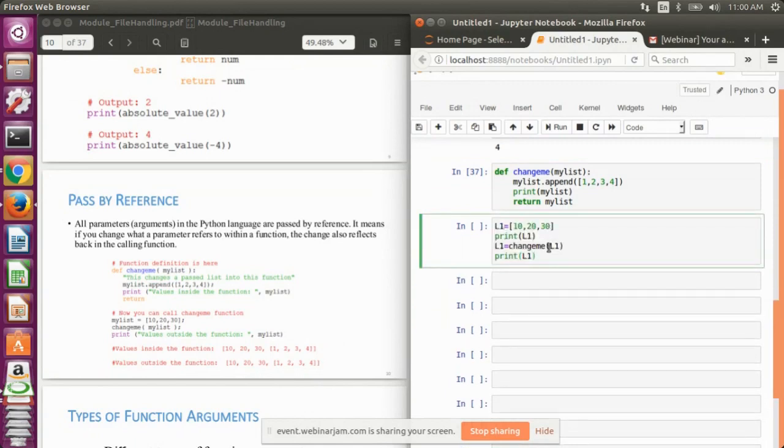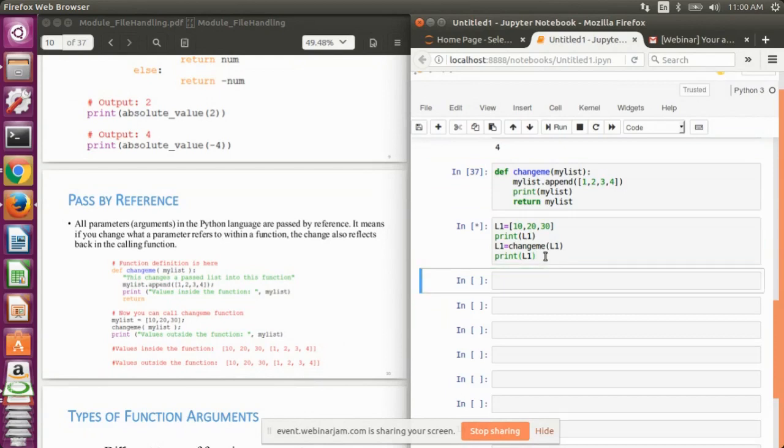Now let me define the program, that is L1. L1 contains some values 10, 20 and 30. Then we print L1. Whatever values are in L1 will get printed. Then we pass L1 to the change me function, and we assign the output of this function again to the same variable, that is L1, and then we print the values again.